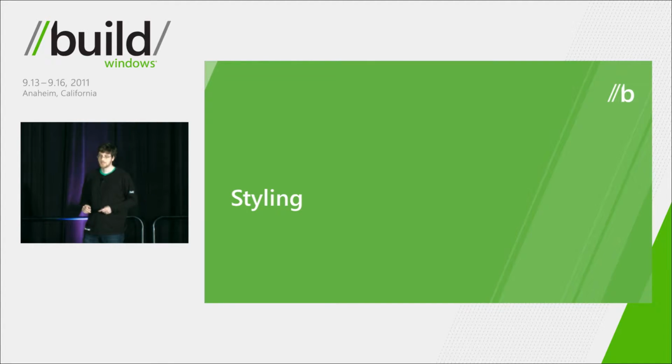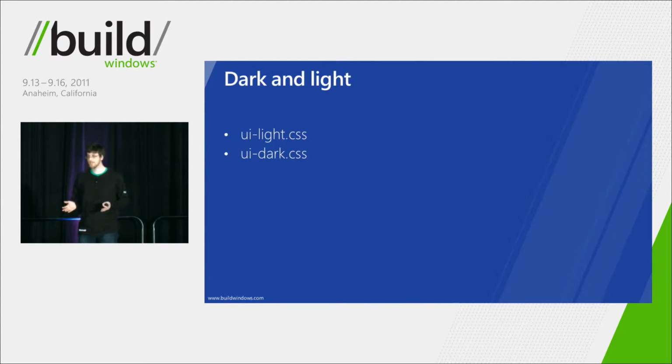All right. So the last thing we're going to talk about is styling. So we've seen how you can build a control, and you can imagine lots and lots of complex control logic using the patterns that we just identified. But how do we make a control look and feel like a Metro-style control? Well, when we talk about Metro-style apps, we have two themes primarily. We have ui-light.css and ui-dark.css. And the UI light is a light background with dark text, and the UI dark is basically a dark background